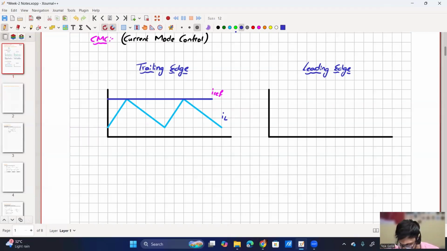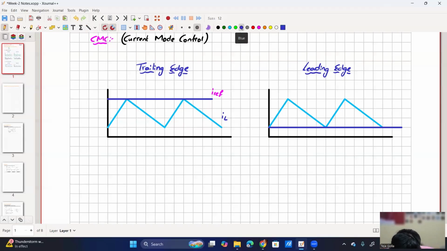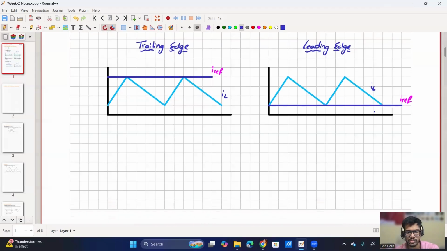So the current reference is at the valley. Let me quickly draw the waveform. In this case, it will be at the valley. The current reference is at the valley. So this is my IREF and this is my IL. Now, as you can see,